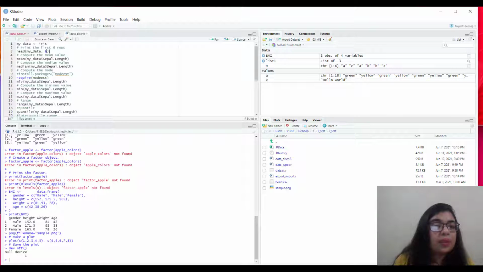So here I have printed the first 6 rows of the considered iris dataset. Then computed the mean value of sepal length. Median value is computed. Install the package.